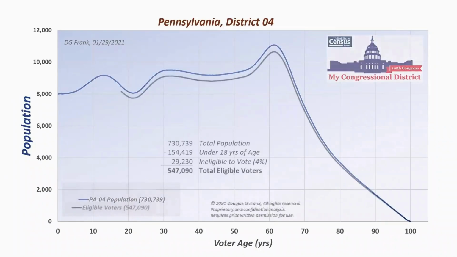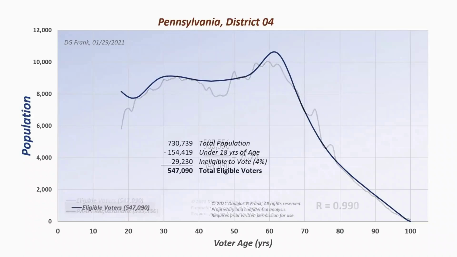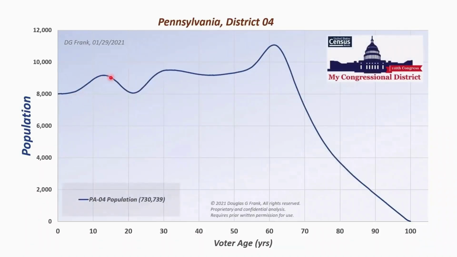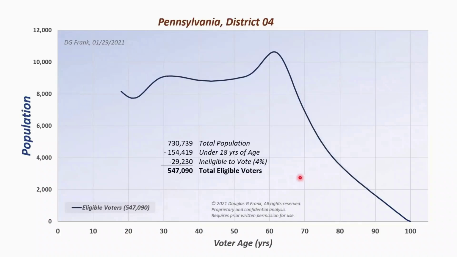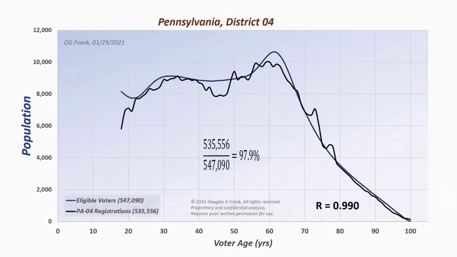So let me just flip between those two so you can see what I'm doing. Sorry, I clicked the wrong way. Here you go. This is the population, and this is, by the way, based upon the 2019 census now. So this isn't 2010, this is 2019, the best data they have available for us. And then if you take out the 4% and you remove the 0 to 17, this is who's eligible to vote in Pennsylvania District 4. And here's the first anomaly that tells you something is up. Here's who's registered to vote in Pennsylvania District 4.